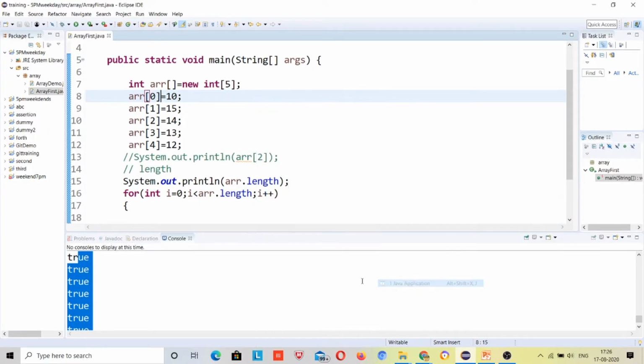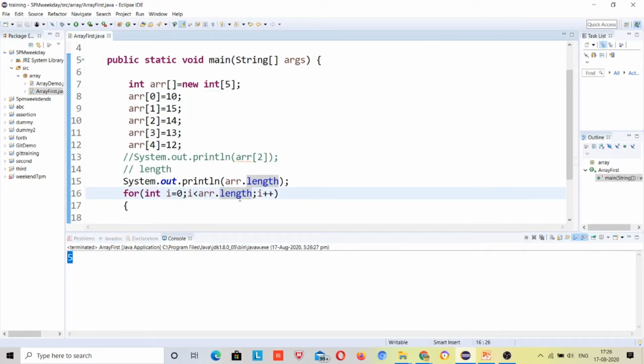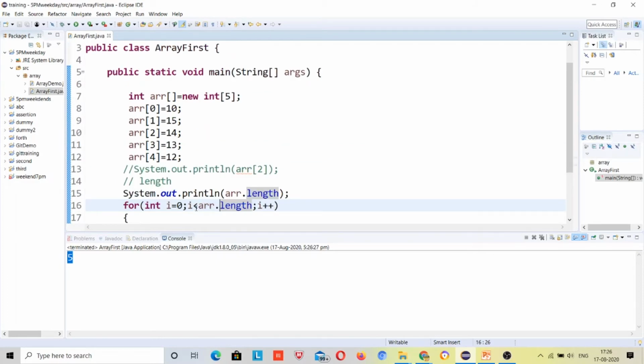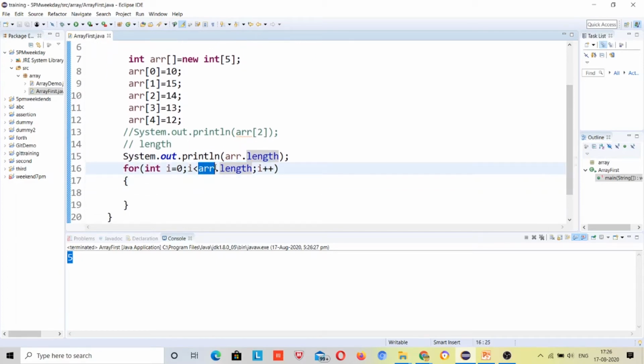So this 5 was printed, okay. So how many times do I have to run the loop? Less than the array length. Why? Suppose array length is 5, right?